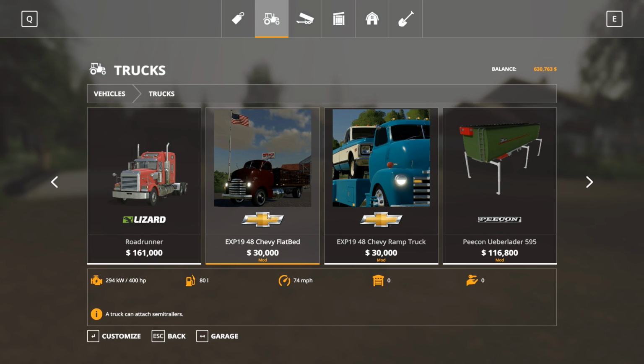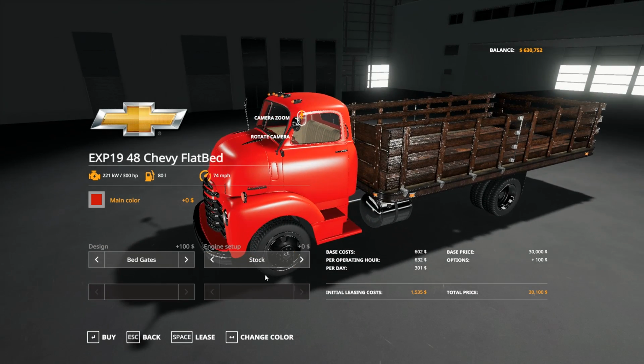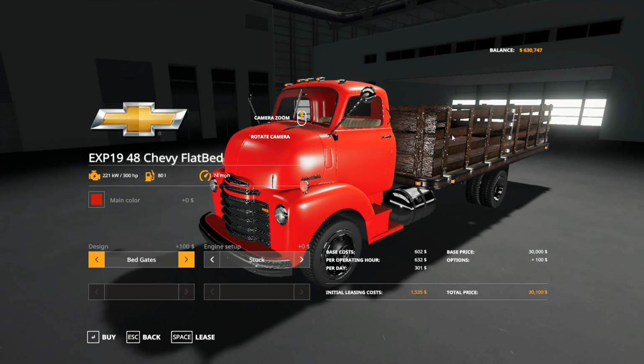Now, in our last Michigan map, we had the '48 Chevy flatbed, which has just the flatbed here. I'll show you. It's loaded in. Engine setup, the design. You have a flatbed here, or the bed gates here. Now, we're going to eventually add this in here, but right now,